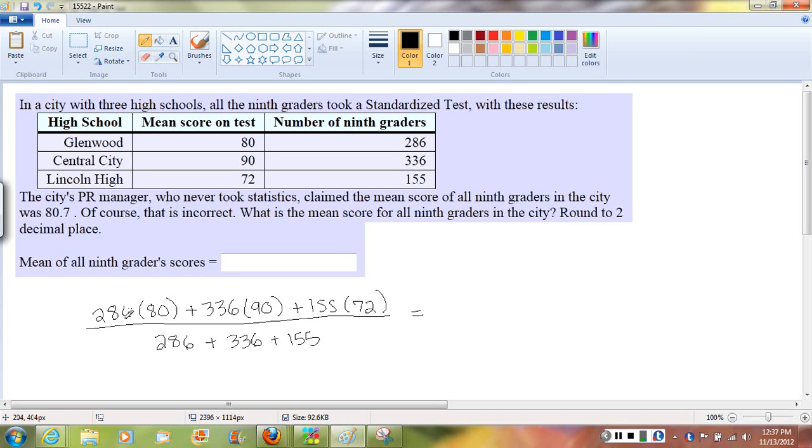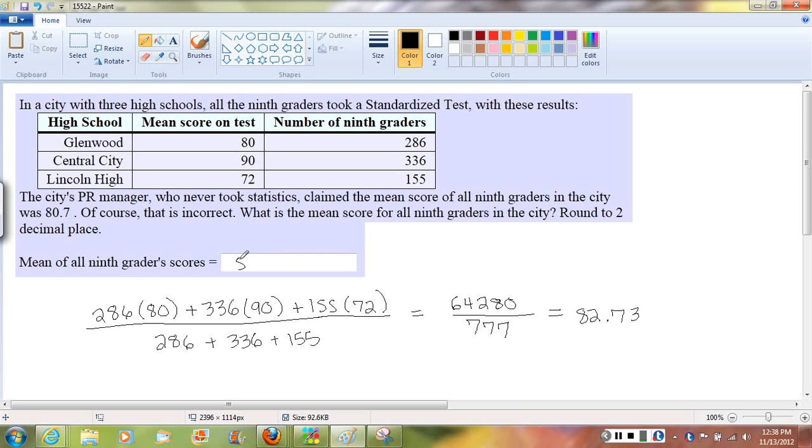If you go ahead and put all that numerator in the calculator, 286 times 80 plus 336 times 90 plus 155 times 72, you should get 64,280. So that's the sum of every student's score in the city. The denominator, the 286 plus the 336 plus the 155, gives me 777. So that's the number of students in the city. When I do that division, 64,280 divided by 777, the number I get is 82.728. So they want 2 decimal places, we'll round there to